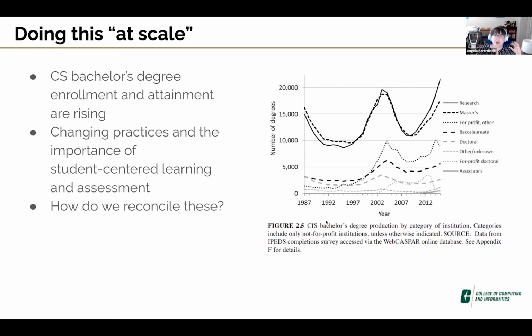And so everyone in CS education is talking about, how do we do things at scale? And how do we do things better than we've been doing them for decades? Like, technology is a very fast-paced field, of course, and we want to be using student-centered learning techniques and assessments that are actually meaningful, all of this kind of stuff.